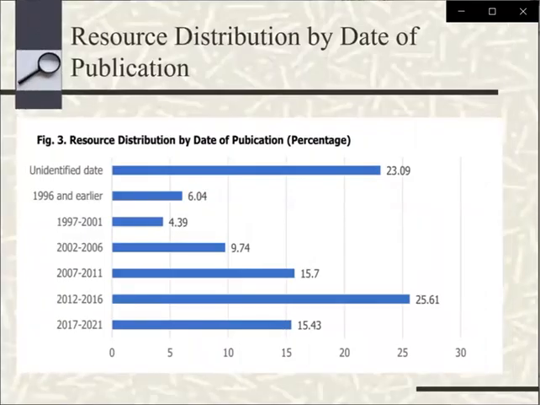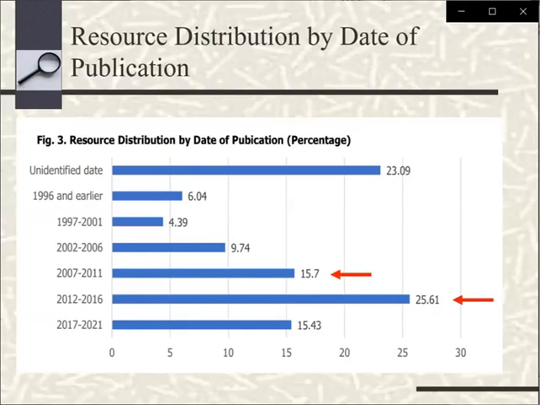Okay, on your screen is the percentage of resource distribution by year of publication. Overall, collected data from RBRCOB graduate program course syllabi reveal that most of the resource materials used were published in the last 6 to 10 years, or 2012 to 2016, that is 25.61%. Significantly, recently published reading materials, or 2017 to 2021, were found in all course syllabi,